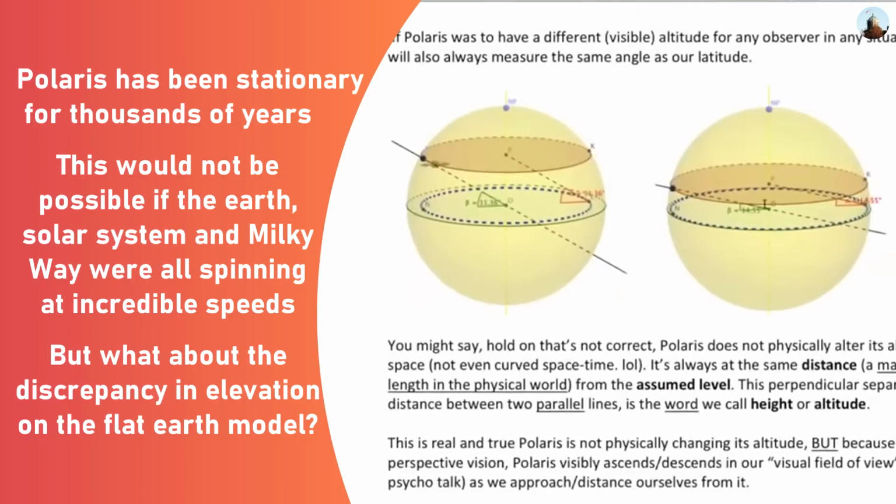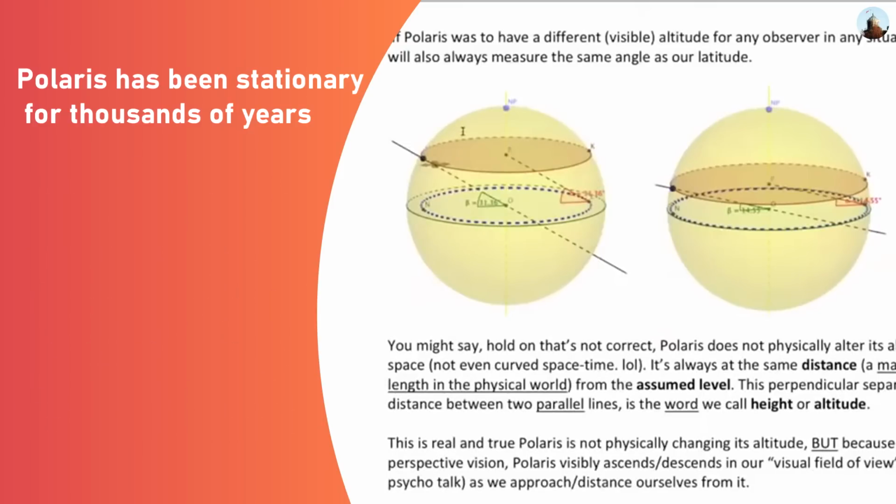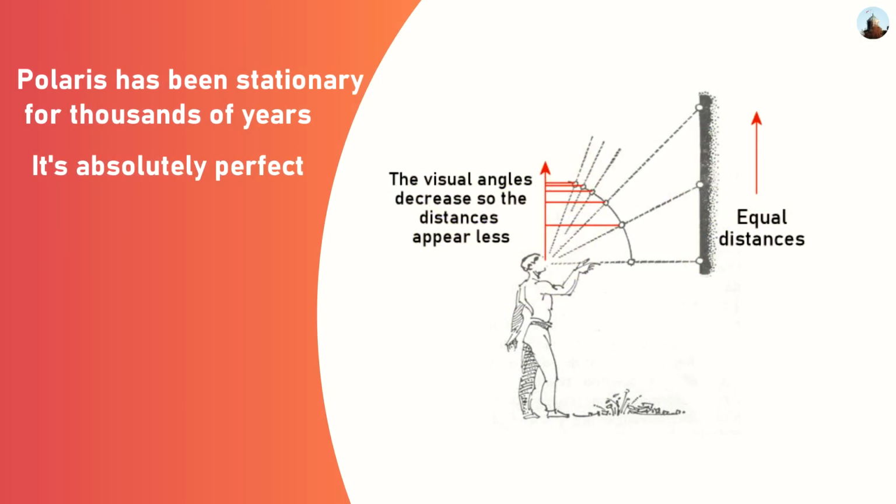That the further I go from the center point, we know that Polaris drops visibly in the sky. Yeah. So if you basically think of latitude and longitude as being the distance outward from a North Pole center rather than circles on a sphere, then it's absolutely perfect